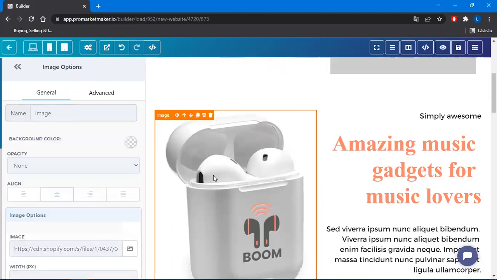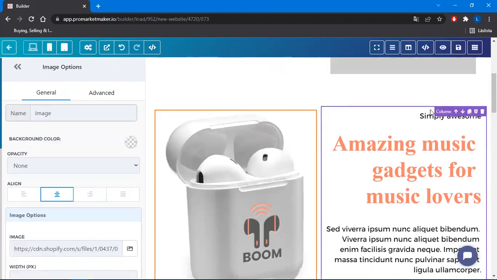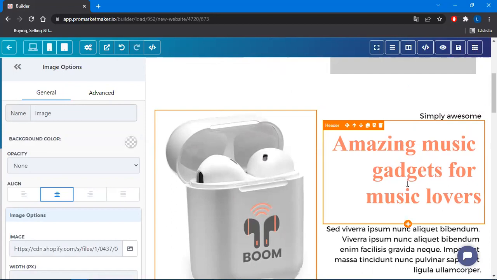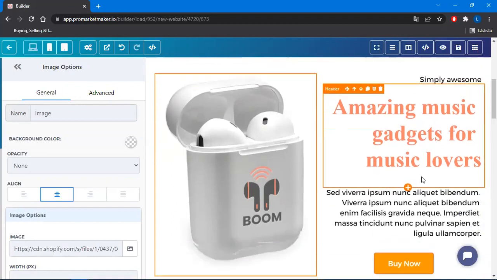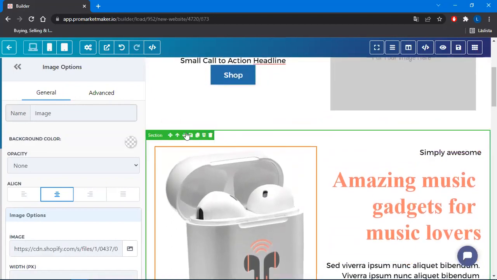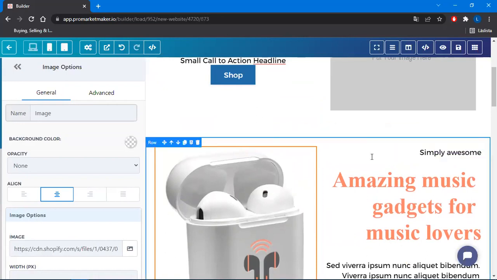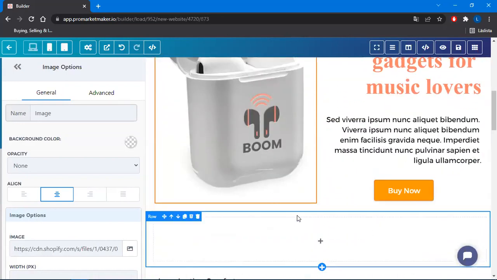The image we already have here, column with the header and the subhead. And if you guys want, I can show you how to do all this from the start, but since we're using this template,